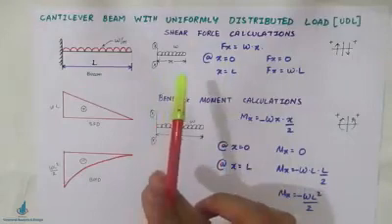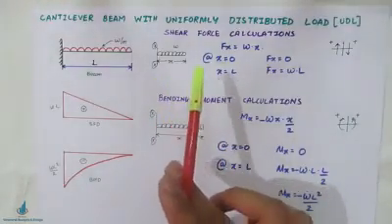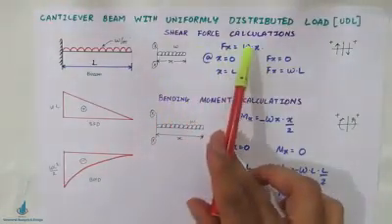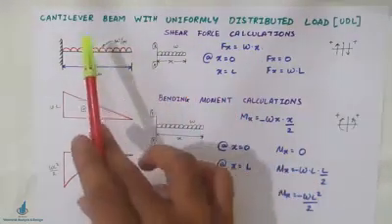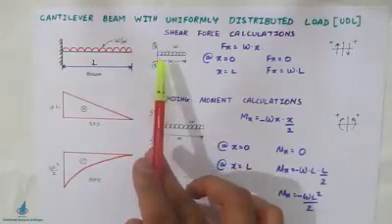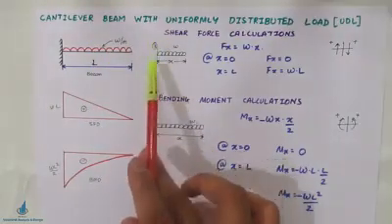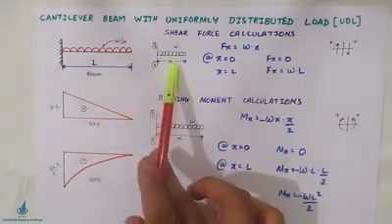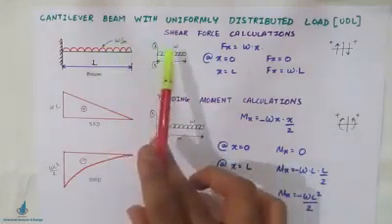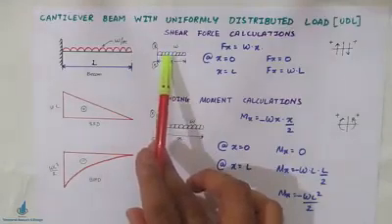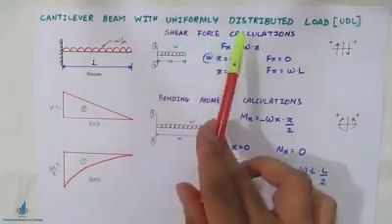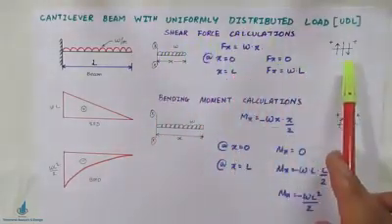So let's move on to this cantilever beam with UDL. For the shear force calculation, you again have to cut a section at a particular distance x. This is a section X-X having a length small x, and this is the load W, which is in the form of a UDL. Before moving to the shear force calculations, let me mention the sign conventions.